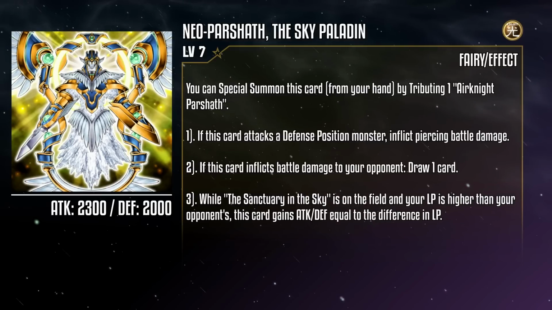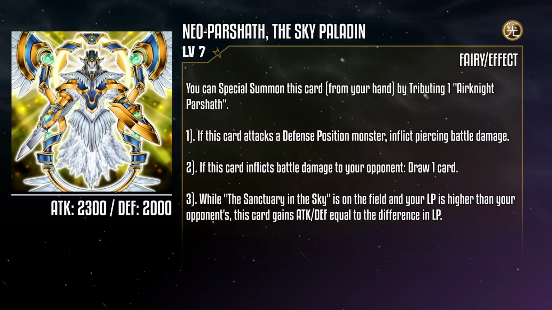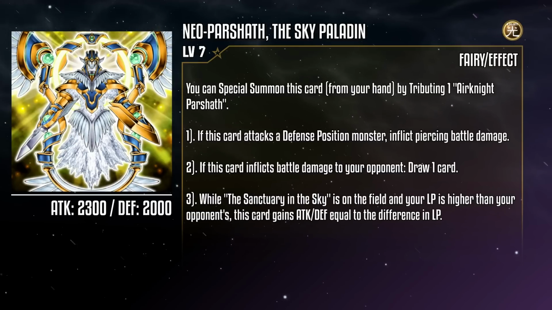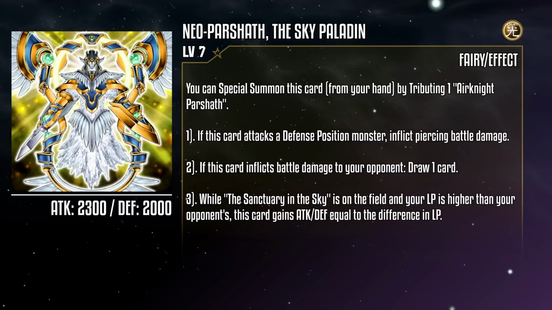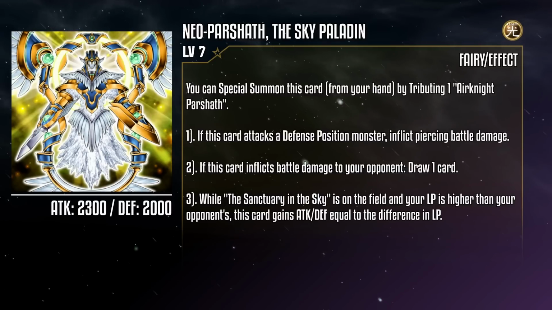Notably, you also don't need to tribute Air Knight Parshath to summon this, it's just an alternative summoning method. So if you have another way of dragging this onto the field, you'll still have access to the entirety of this card. Though, it would probably look a bit more menacing if we could get this thing out of its